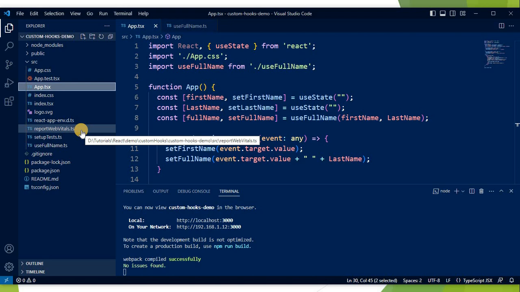It stays in your local browser. So multiple times you have to set and get from it using the getItem and setItem commands, right? If you want to use it multiple times, you can store it in a custom hook,